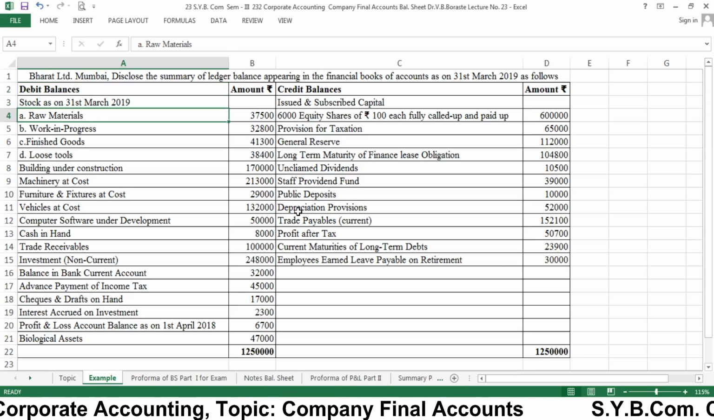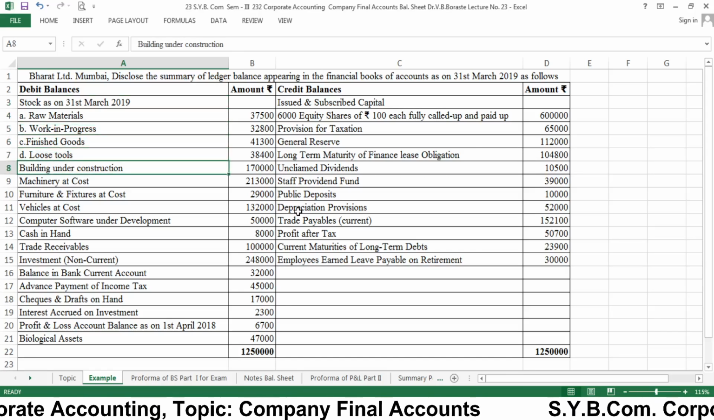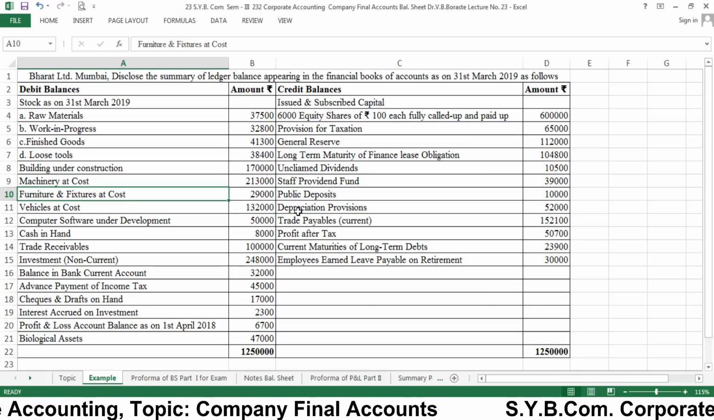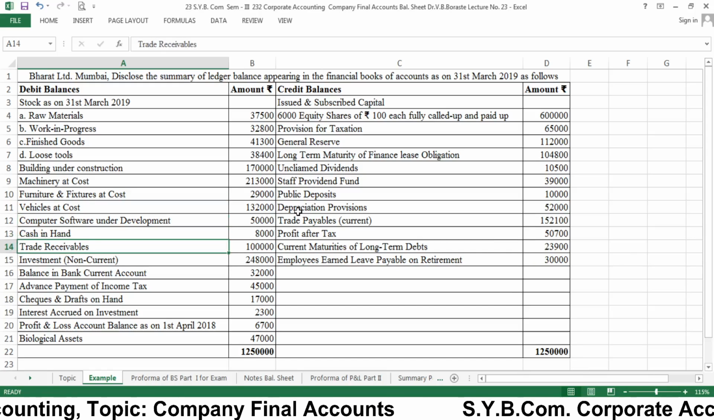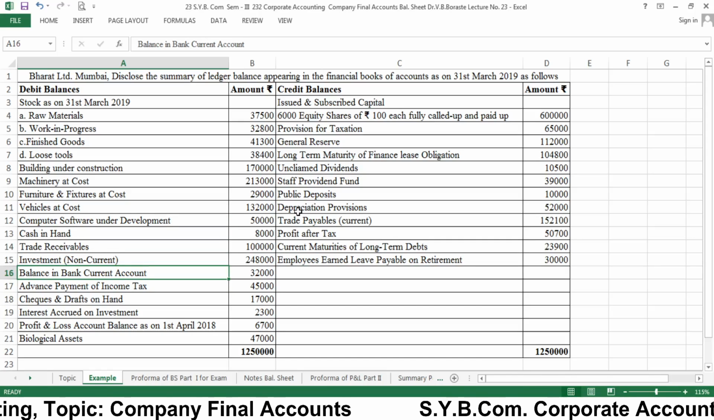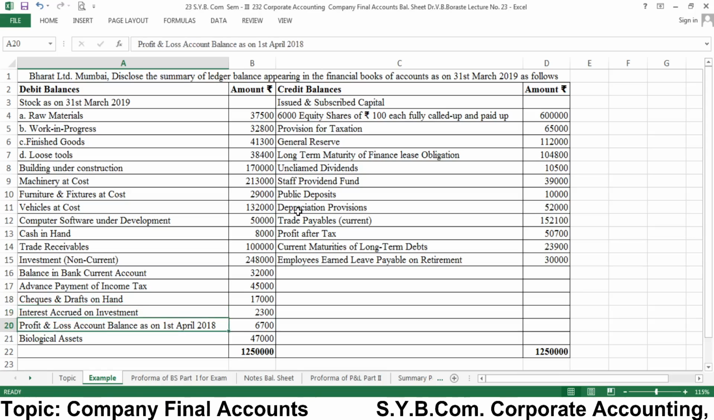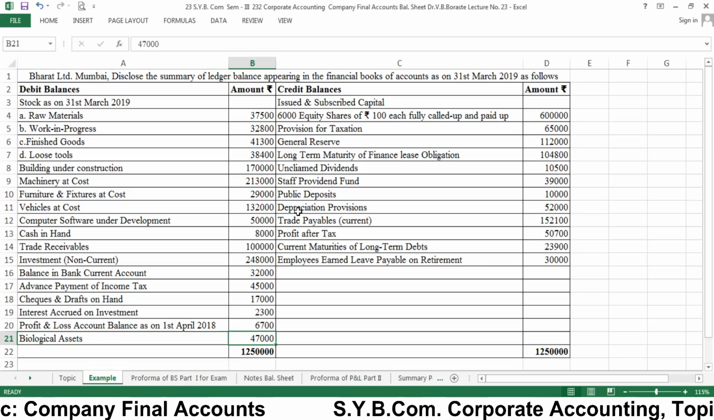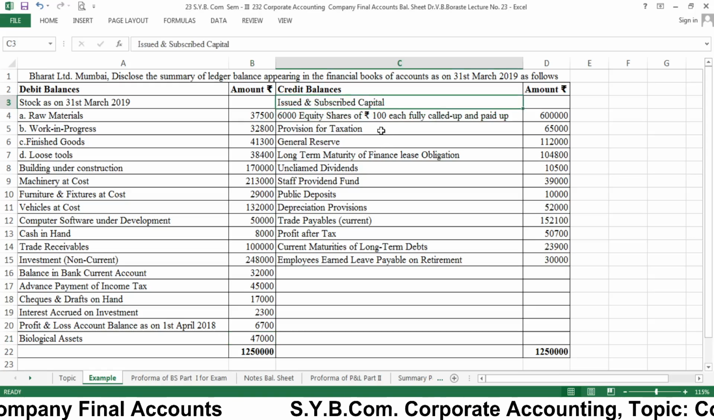Stock on 31st March 2019, raw material, work in progress, finished goods, loose tools, building under construction, machinery at cost, furniture and fixtures at cost, vehicles at cost, computer software under development, cash in hand, trade receivable, investment that is non-current, balance in bank current account, advance payment of income tax, cheques and drafts on hand, interest accrued on investment, profit and loss account as on 1st April 2018, and biological assets. So all these amounts and debit balances are given, as well as there are certain credit balances, that is issued